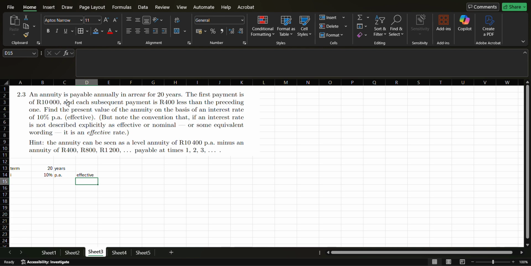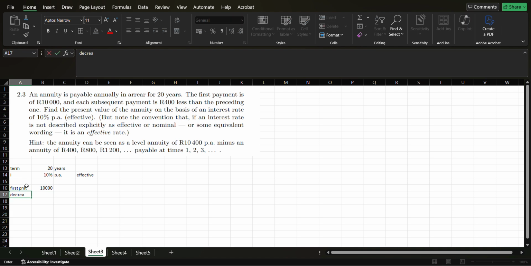I deliberately skipped the payment structure just so we can put more emphasis and time on it. It says the first payment. So firstly, this is a decreasing annuity because the first payment is a certain amount and each subsequent payment is 400 less, so a fixed amount less than the previous one, or the preceding one. So it's a decreasing annuity. It's basically the same as an increasing annuity, just the other way around. We model it very similarly on Excel. So we're going to do this example of a decreasing annuity solely because it's the one that I found. So I'm going to note the first payment is 10,000